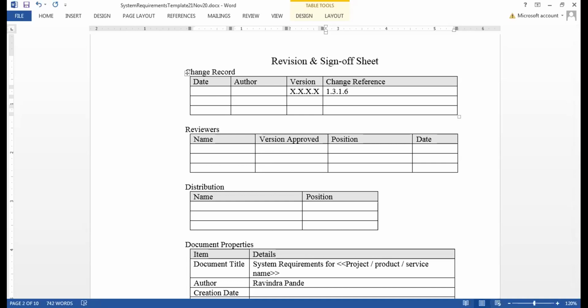No, because I'm confused. If it is the same change, then why are there two versions, change reference 1.3 and 1.3? Why do you say same change, ma'am? Because if there is some change or an update, it should be just one. Oh, there are levels of update.